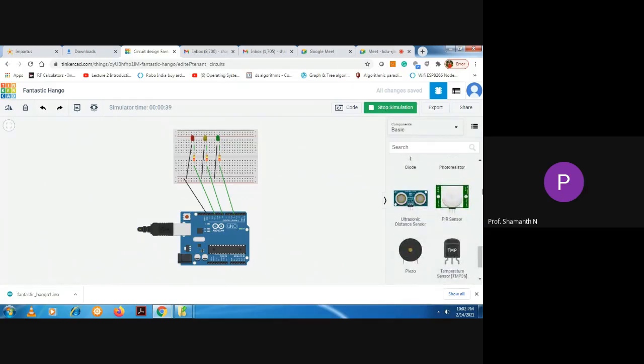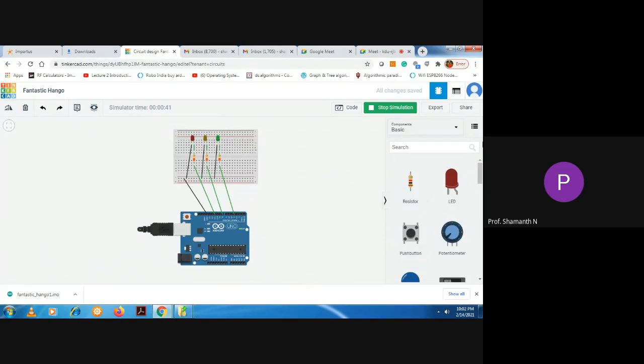Using these sensors, you can implement a home automation project, a burglar alarm project, or a weather monitoring station project. So a lot of projects you can implement. For your mini project, you have to implement one IoT application oriented project and submit to us.